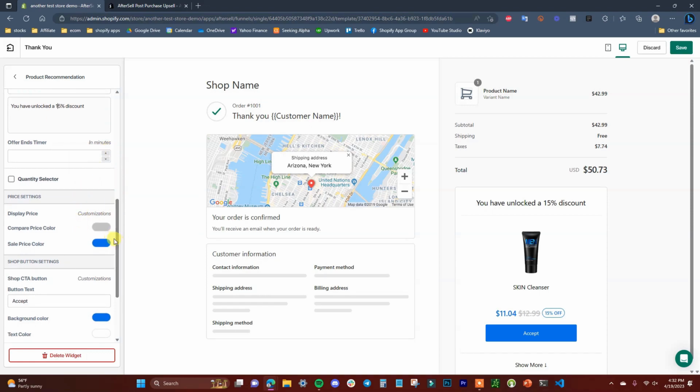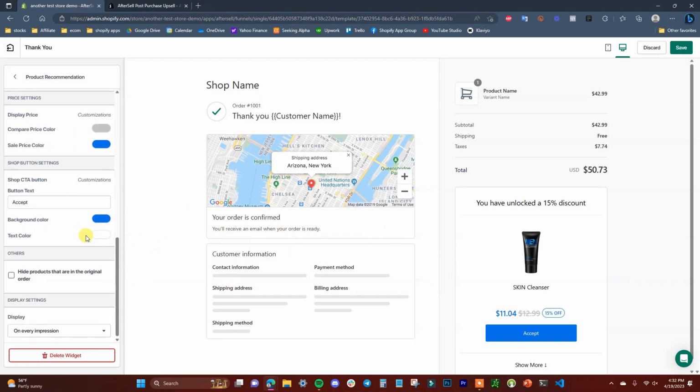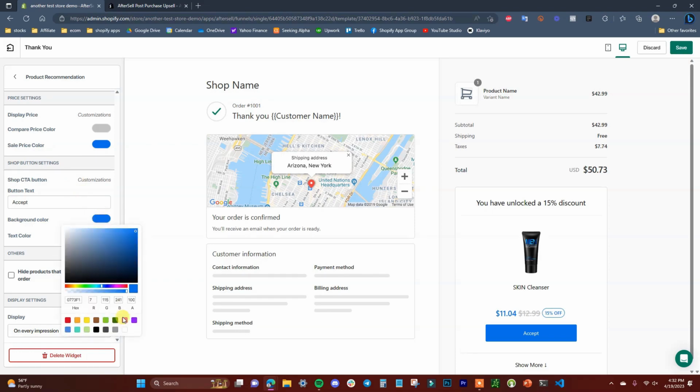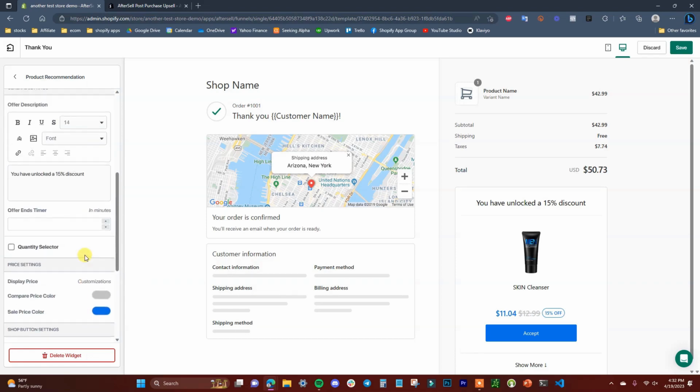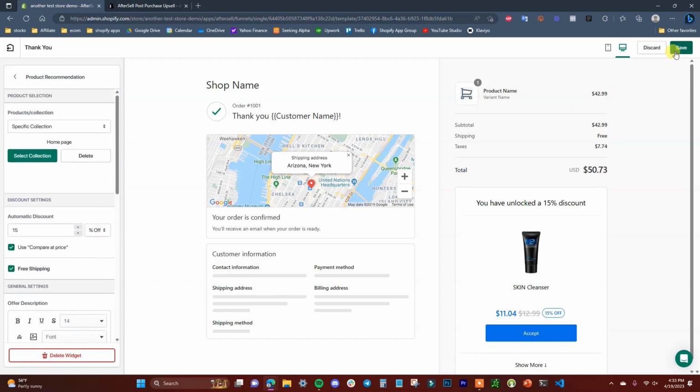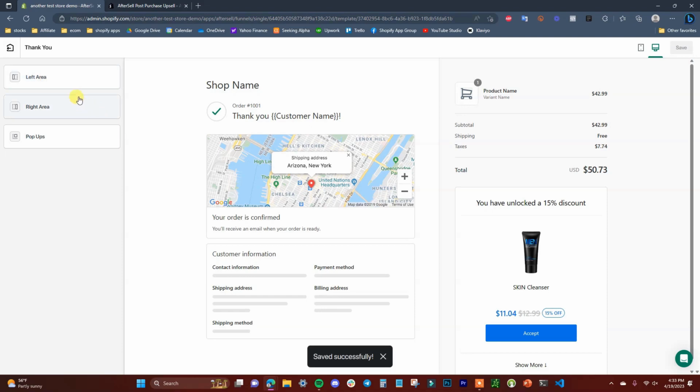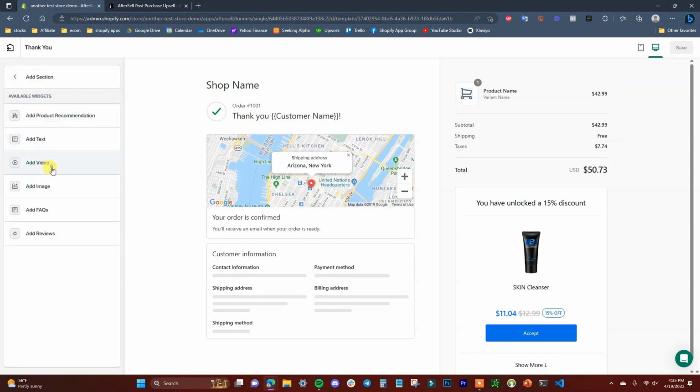And you can change the sale price color to match the color of your store if you want. Same with the background color of your button. So depending on the color of the buttons you have in your store, you're going to want to just put that hex code in right here to make sure that all of your branding is congruent and makes sense. So we can click on save here, and you can see that there are other widget options that you could